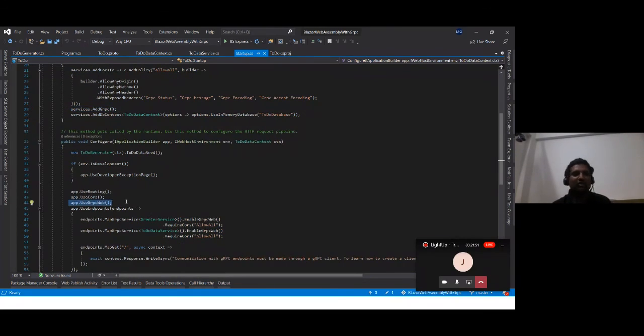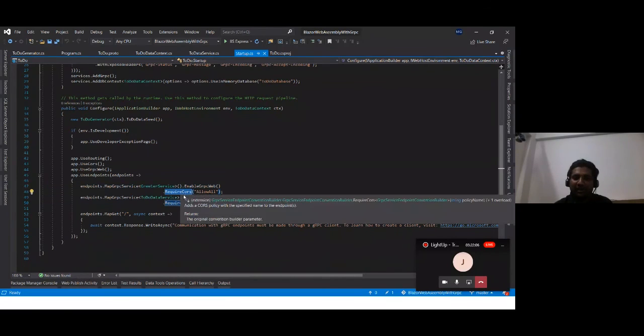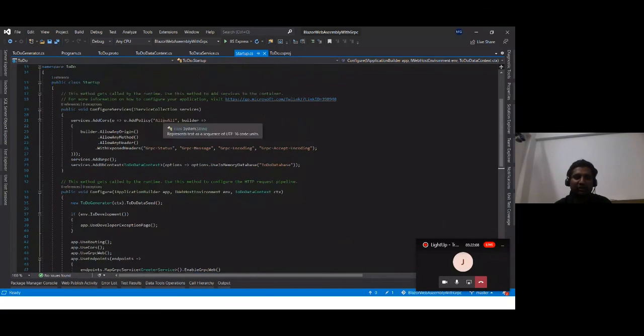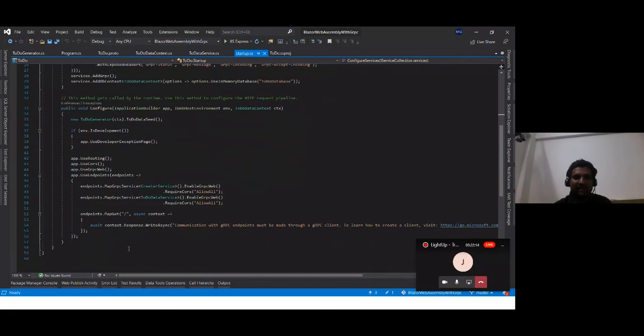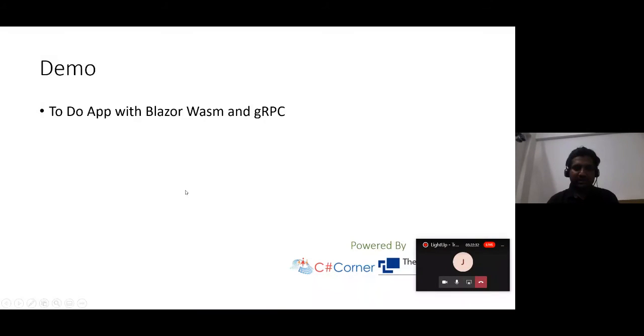Next is to configure a middleware in the pipeline to tell that we are going to use gRPC web, and to make sure that these endpoints are enabled with the CORS that we have mentioned in the services settings. So this is how we can integrate our WebAssembly apps with our gRPC service. So, coming back to our presentation.